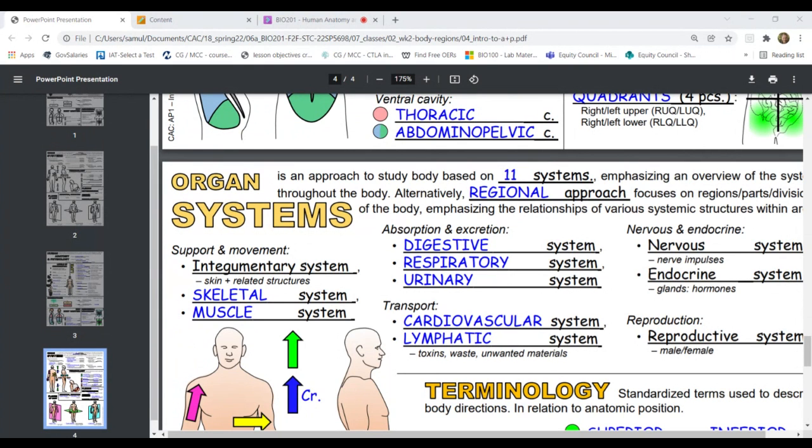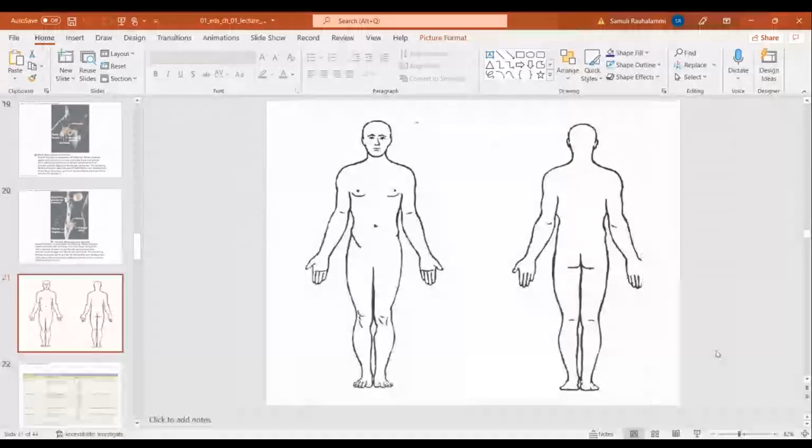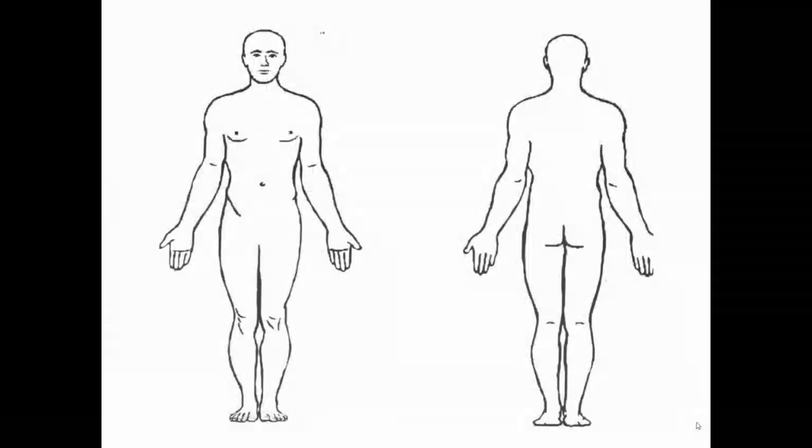This is my weakest thing, trying to navigate multiple systems. So let's see if I'm able to do that. Everyone should be seeing this